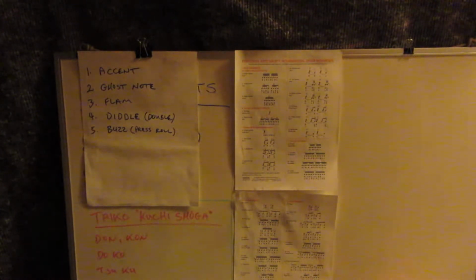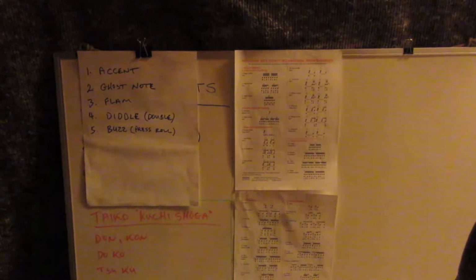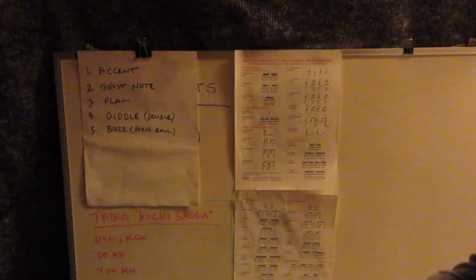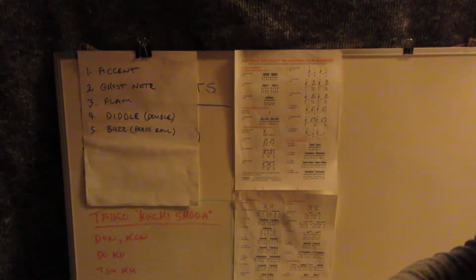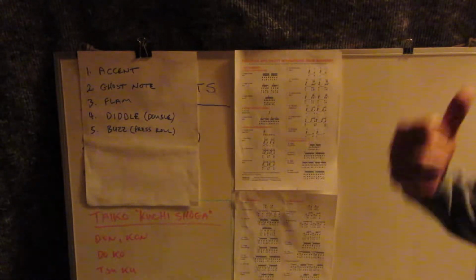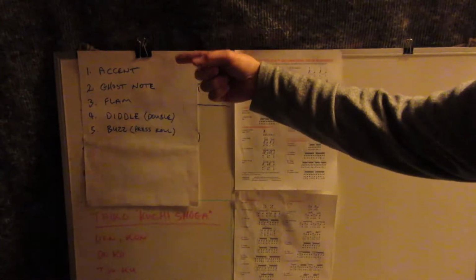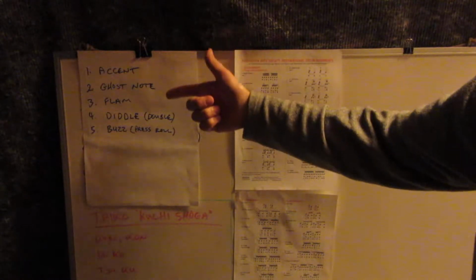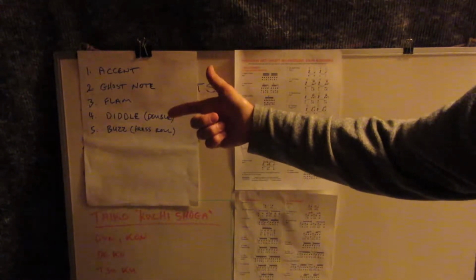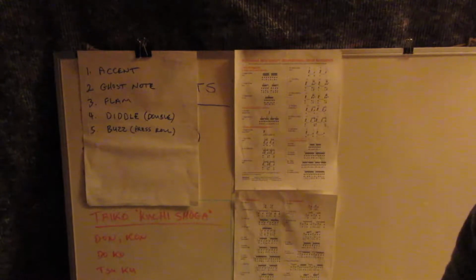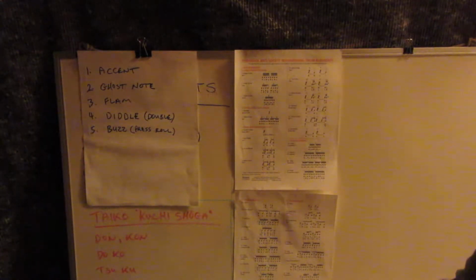Alright, so I'm doing another video in this series that I'm calling the intersection of taiko and Western drumming. And actually I'm going to call this video 1.5 because I want to back up a little bit from the second video that I made and talk more about the articulations of Western drumming, in particular things like the flam and the buzz, press roll, maybe to some extent the diddle, but I didn't get into those too deeply in the other video,